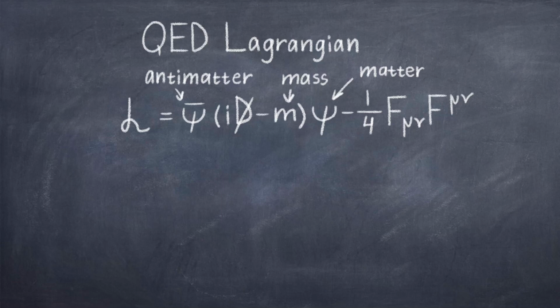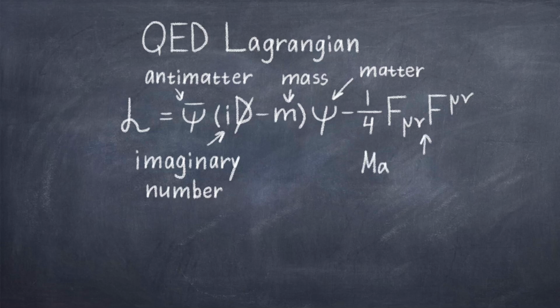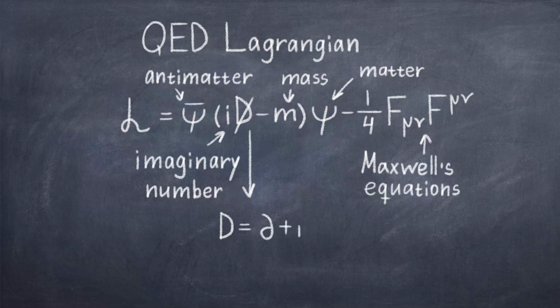In the parenthesis, we again have this imaginary number i, but we have a slight modification as we now have a slashed capital D, but otherwise this term looks just like the Dirac equation, where again m is the mass. Now we also have a new kinetic term with the electromagnetic field tensor F mu nu. Tensors are matrix objects, and in this case it is the tensor with all the information about the electric and magnetic fields. This term actually contains all of Maxwell's equations. If you want to see how you can derive them from this term, let me know, but it's rather mathematical.